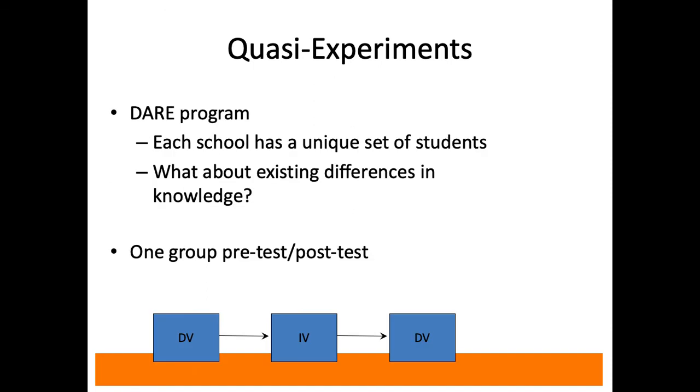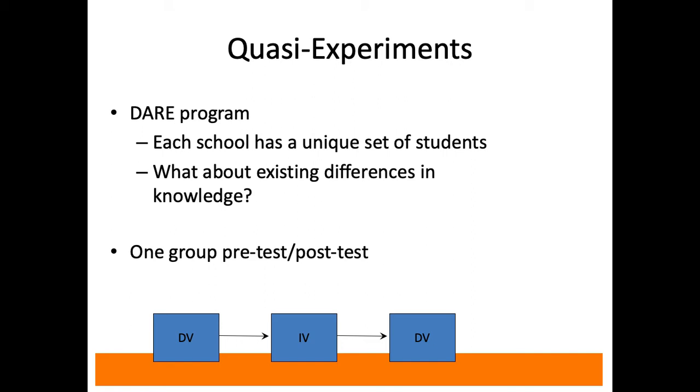In some cases, the research is part of the program, but rarely is that the case. If that's the case, typically it's more of an experiment, right? In the DARE program, you usually have this in schools, right? So each school sometimes has a unique set of students. DARE is about drugs and violence, so there could be existing differences between these groups. Maybe someone more knowledgeable about certain drugs, let's say, in different areas versus another. In that case, you may want to tap into their existing differences.